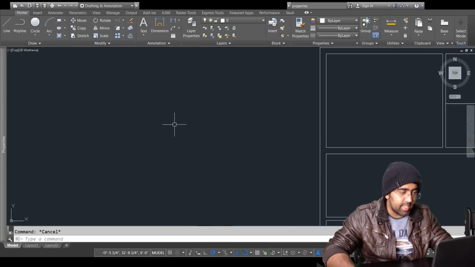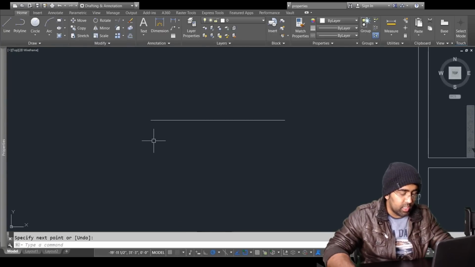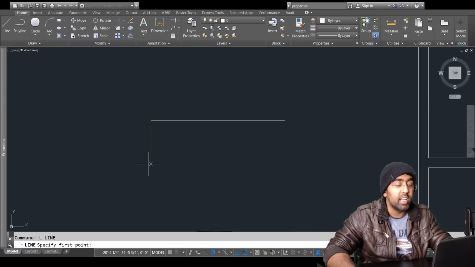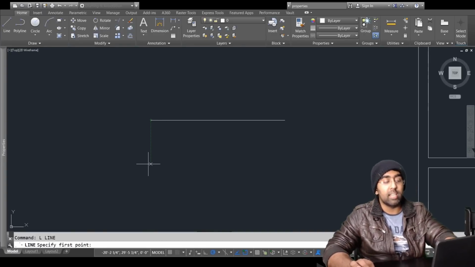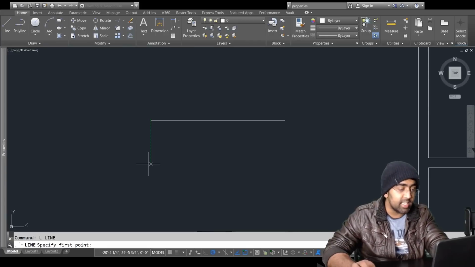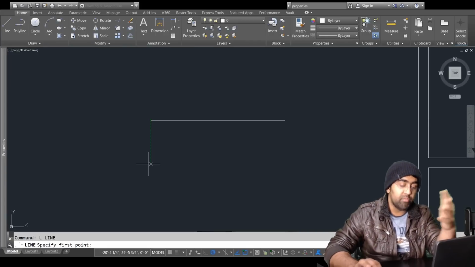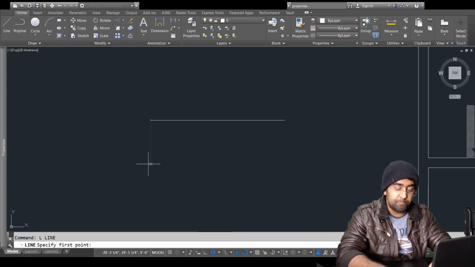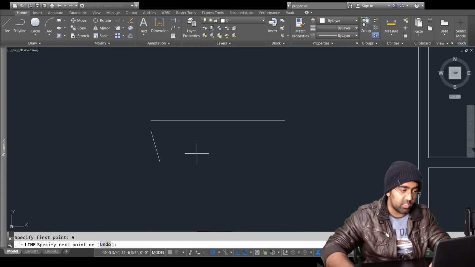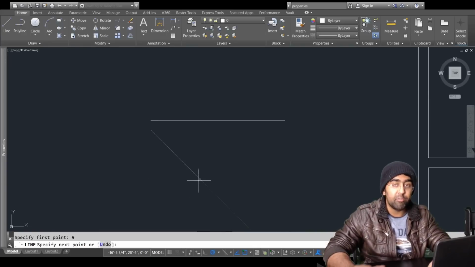Let me give you an example from the line, okay. So let's say I want to draw a line from here, okay, but I want to leave that 4.5 inch or 9 inch, okay. So if I move my cursor here now, as you can see that green line there. So now I can click, it will start drawing a line from there, and I can see the dimension right next to it, okay, and perpendicularly. So if I type, let's say 9 inch, as you can see that the line started from the point where